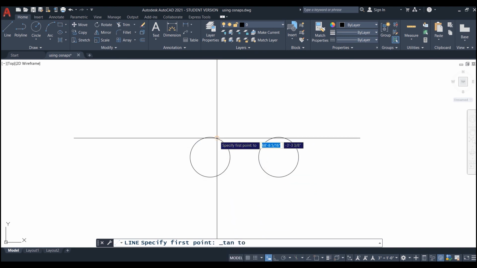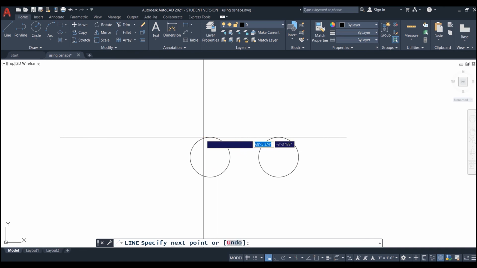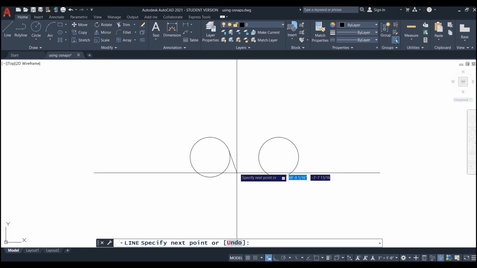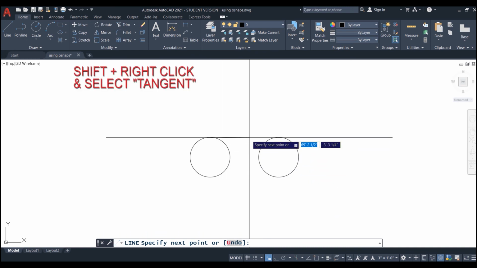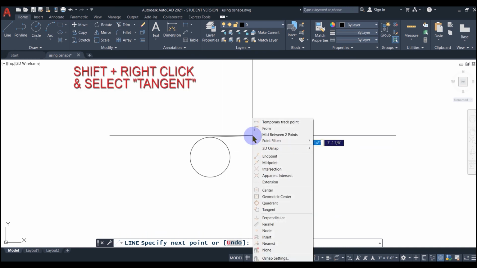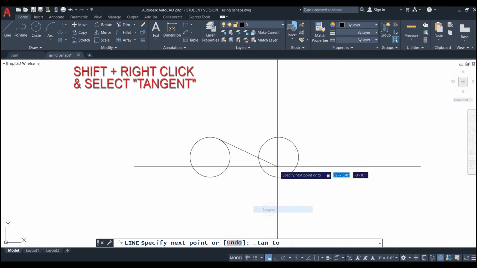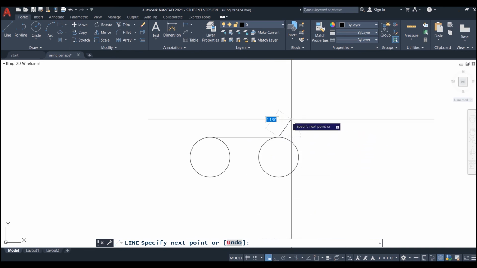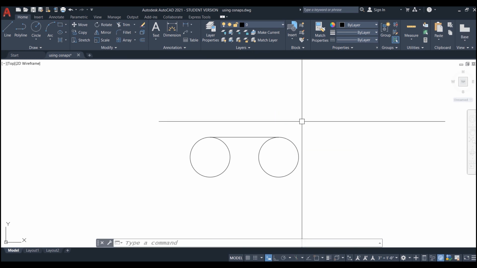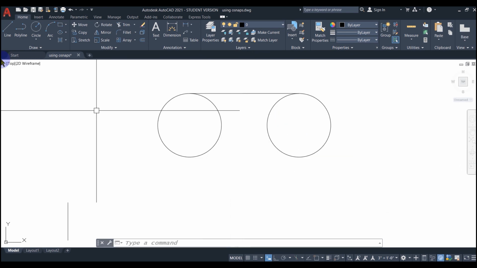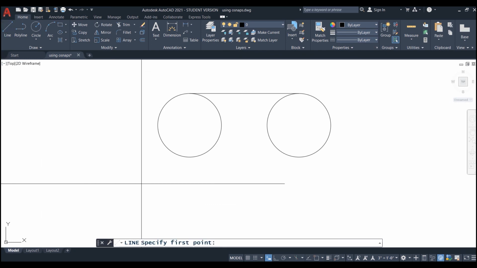I will then place my cursor over the line work and click and notice as I pull away, AutoCAD is creating a line segment that is tangent to that circle. I will then draw this to a point, shift right click tangent to the circle. Let me place my cursor on the line and click. When I am finished, I will hit escape. Let's finish this up to match the design above.